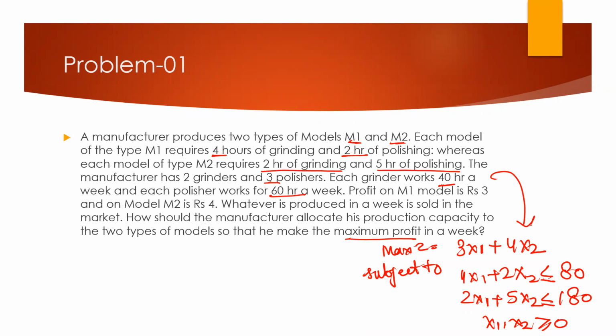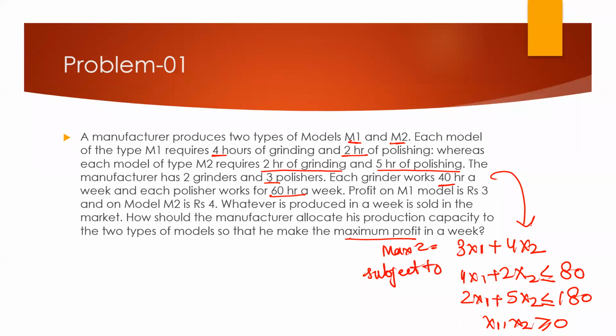Now in today's class, we learn an alternate approach to solve a given problem. Whenever we have an LPP problem, this is called a linear programming problem. Linear programming problems are the fundamentals of operation research. This is the first thing we try to learn whenever we study operation research. Once we have a linear programming problem, we want to solve it. We can solve this problem by using Solver in MS Excel, but probably we cannot use that in the exam. Then we can solve this by using the graphical method that we already learned.